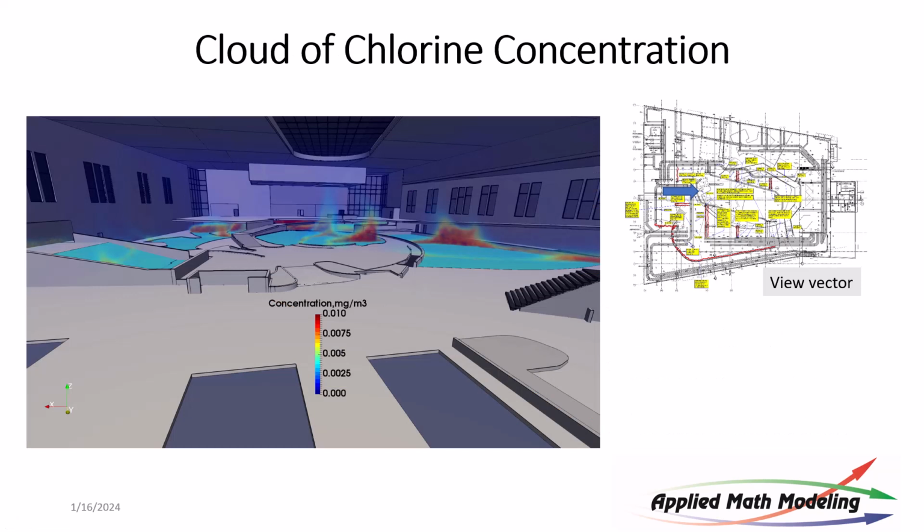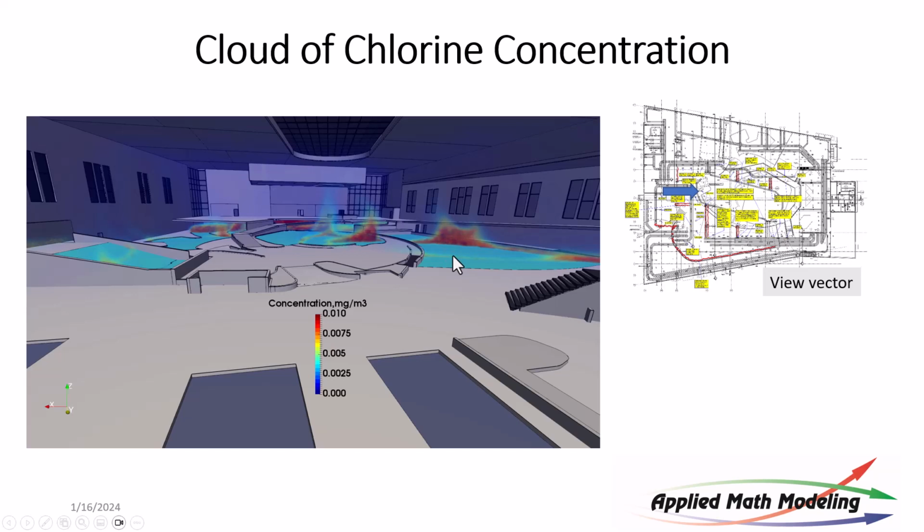Now what we did is we started to look at the concentration of gas as a cloud, and you can see it building up here. So you can see the concentrations. Now remember, 0.3 is bad, so we're well below that range, and we've colored it so you can see it. It turns out they had plenty of air in this environment and they weren't going to run into any issues with chloramine gas. But we wrote a user-defined function in Fluent that predicted the amount of chloramine